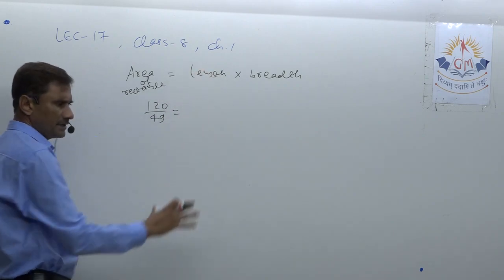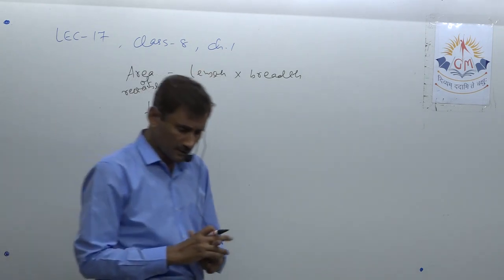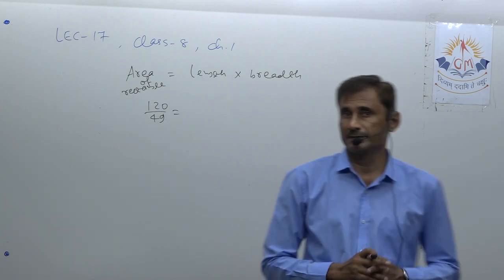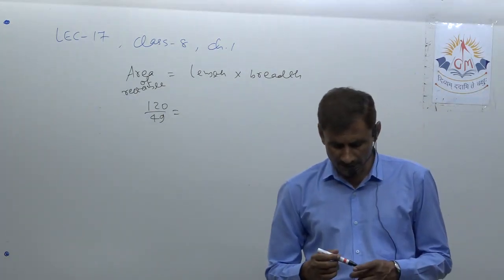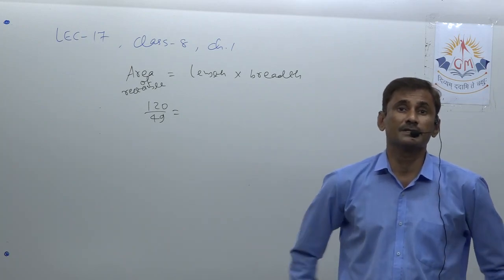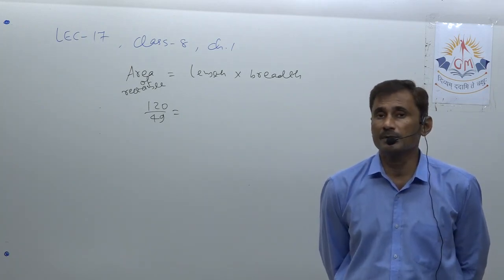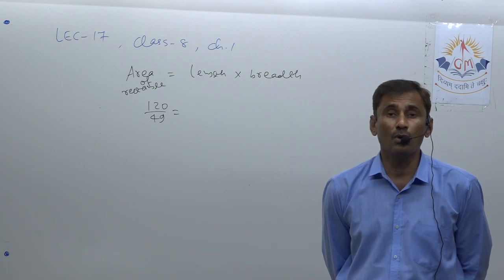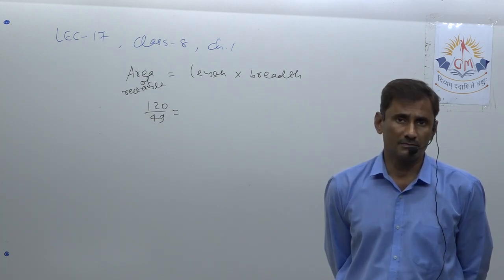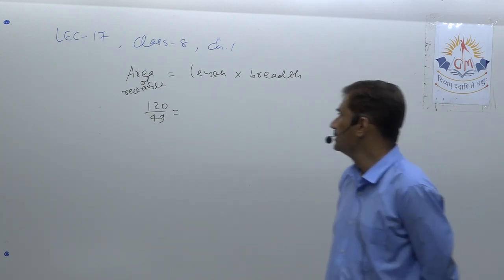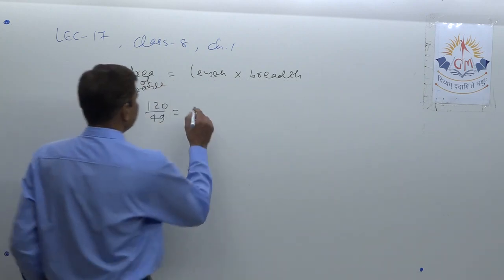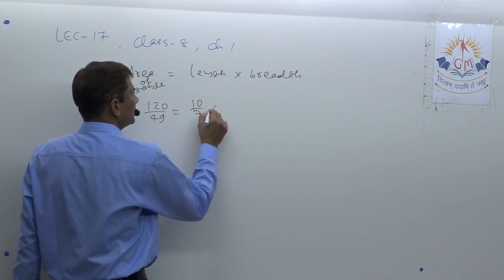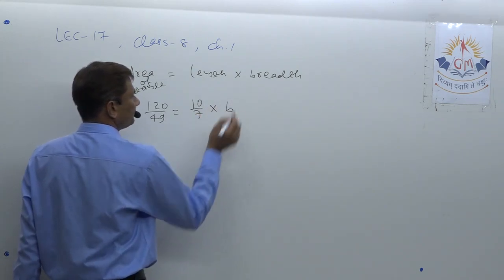Actually it is not geometry. Our main purpose here is to deal with rational numbers. That's why they have given the area and length, and required answer will be also in rational form. So our main purpose here is how to operate upon rational numbers. Okay. Suppose one side means length is given and we want to find this B.